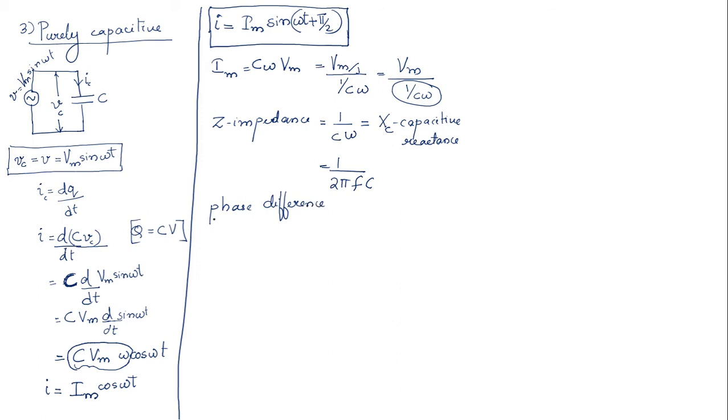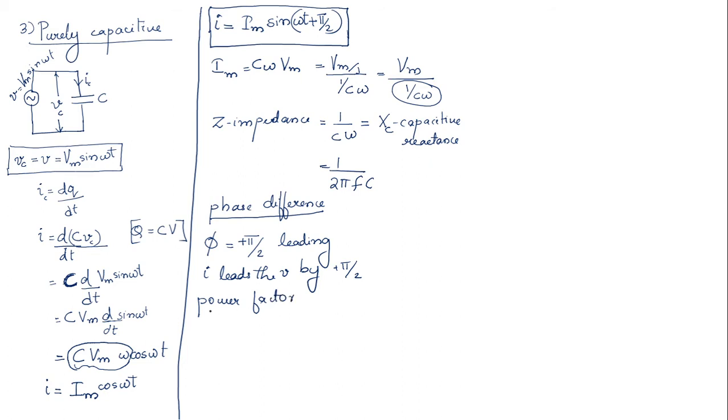So here you can see voltage is again taken as the reference. Why? Because it is starting from the 0 point. And current you can identify whether it is leading or lagging. So let's start with what is the phase difference between them. Here you can see the phase difference between the voltage and current is equal to plus pi by 2, or we can also say that it is leading. Plus pi by 2, which means current leads the voltage by pi by 2.